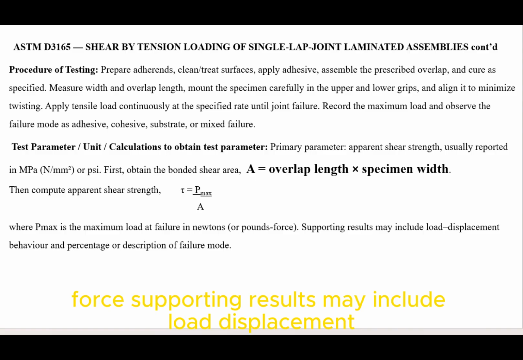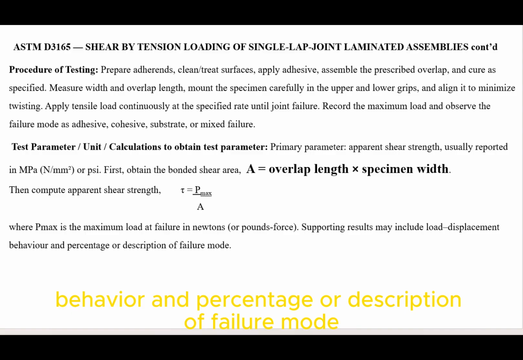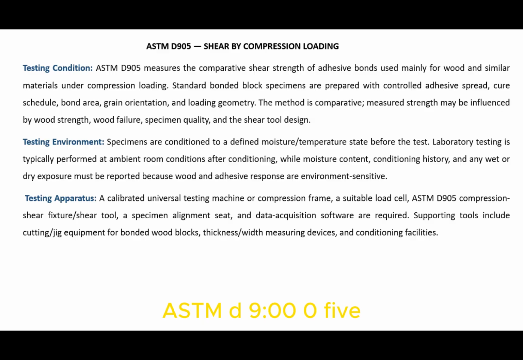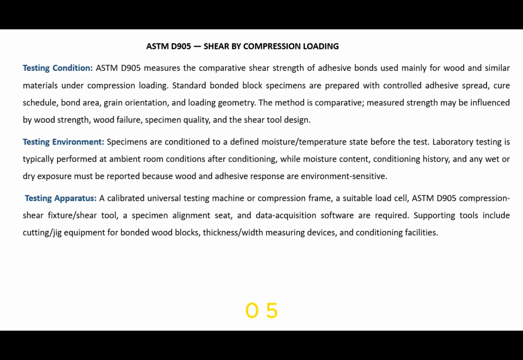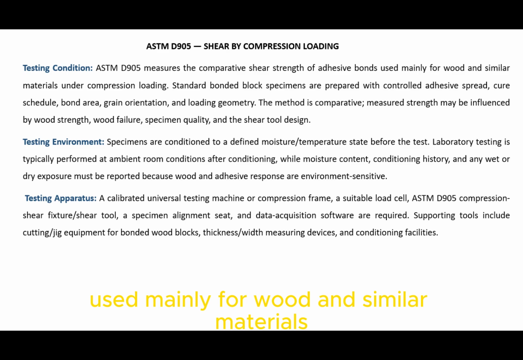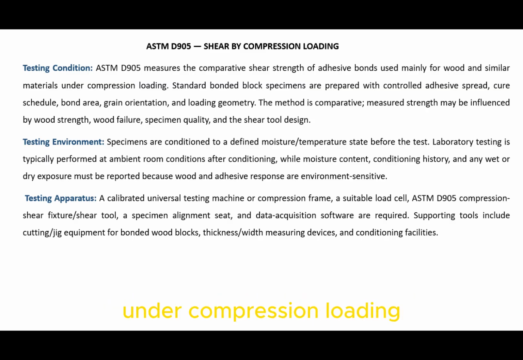Supporting results may include load, displacement behavior, and percentage or description of failure mode. ASTM D905, shear by compression loading. Testing condition. ASTM D905 measures the comparative shear strength of adhesive bonds used mainly for wood and similar materials under